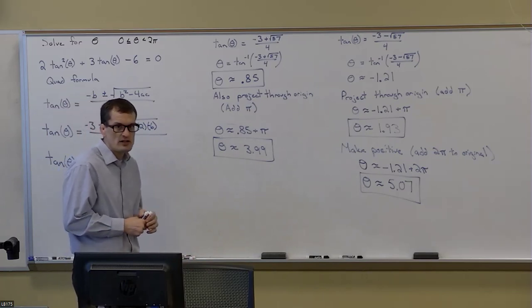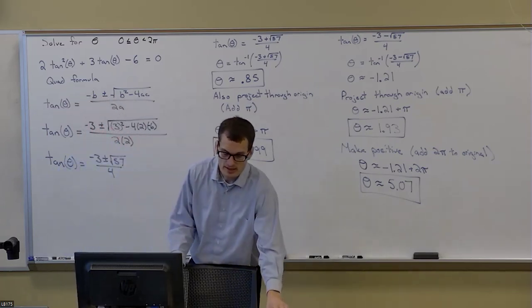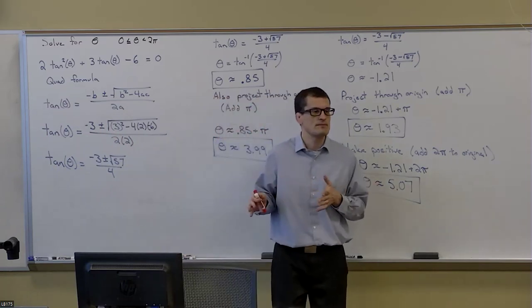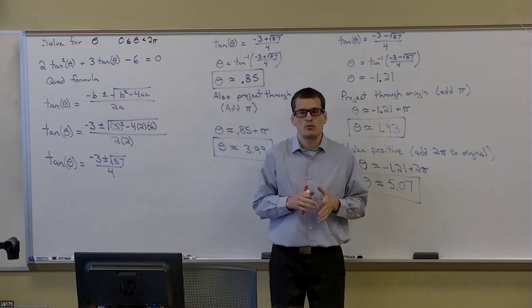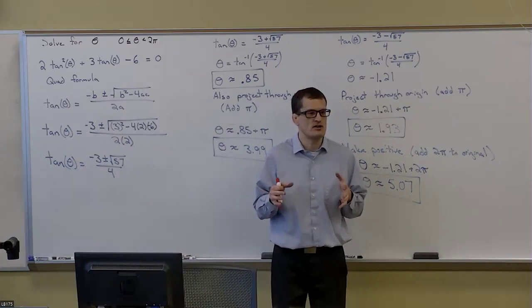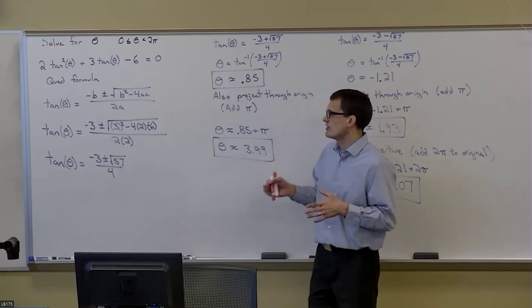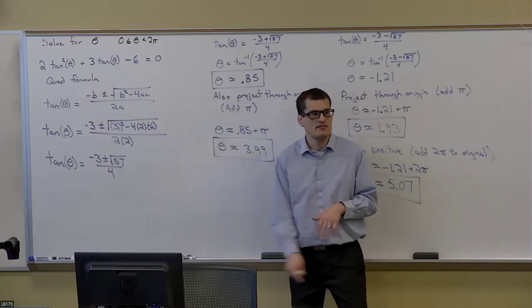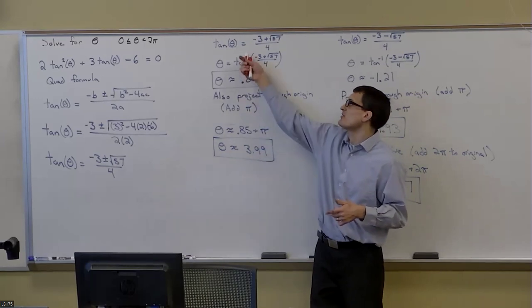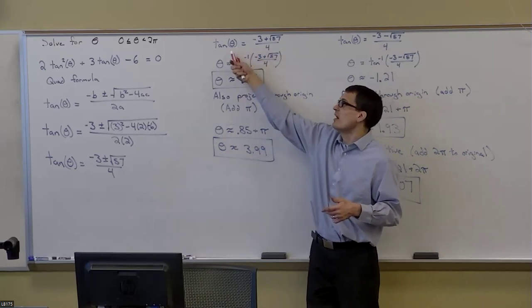Now that's a fairly long problem, but does anybody have any questions over each individual component? We've basically made it a quadratic with tangent theta being our variable, and then we solved using the quadratic formula. And then once we have our variable equal to those two numbers, I have to do the additional step of solving